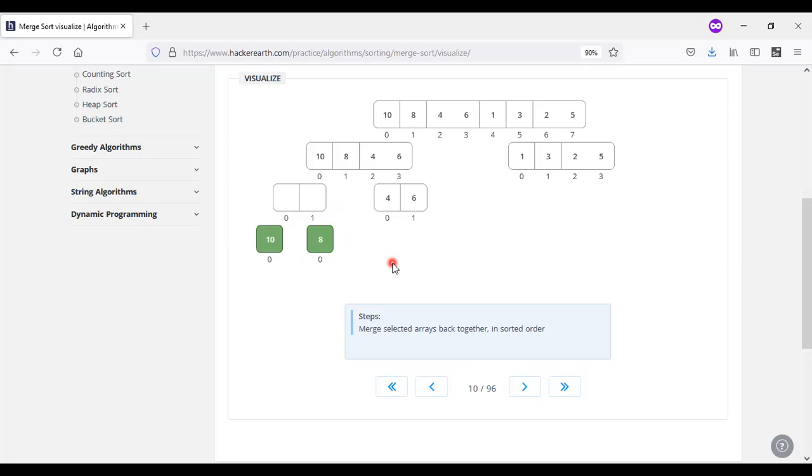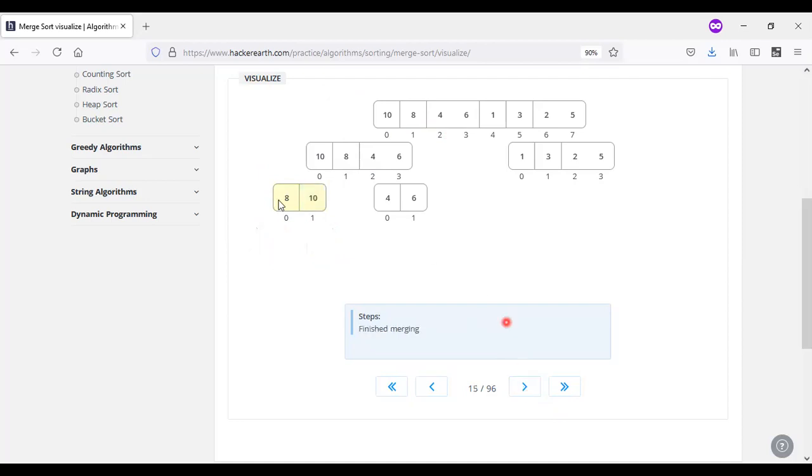Compare these two values. We are forming this in the top-down approach, merging these elements and storing them in the array there itself.